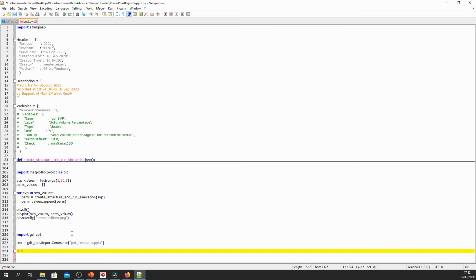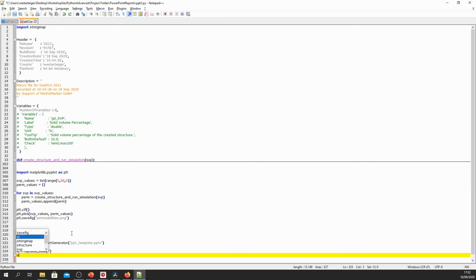Now we add a slide, SL equals rep add slide, as I said, based on slide number 7. And then SL add text, and we replace the title by flow permeability versus SVP.